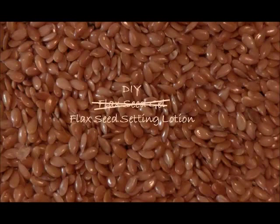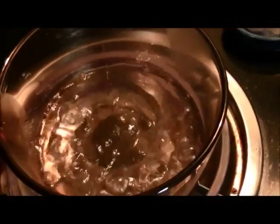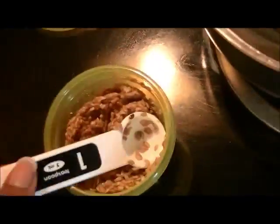This was supposed to be my homemade flaxseed gel, but turned into my homemade flaxseed setting lotion. I start with bringing 1 cup of water to boil, and for the first time I was using previously used flax seeds. Like I said, I've never done that before, but I know you can reuse them, so I was trying it. So I used about 3 teaspoons of the previously used flaxseed gels, added those to 1 cup of boiling water,